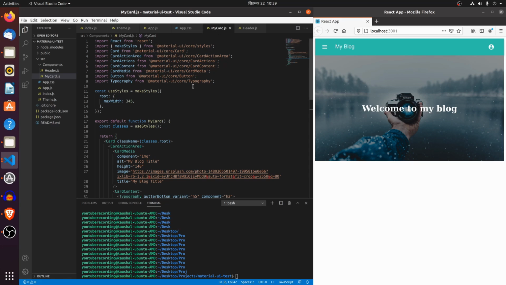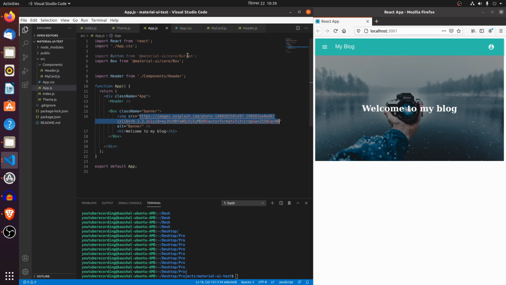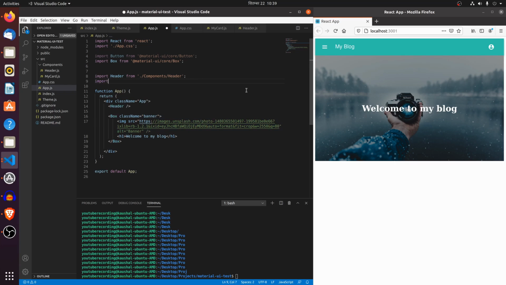So MyCard is somewhat set up. So we have some kind of styles where you can use inline styles to override some of the components' properties here as well. So in our App, let's import MyCard from components/MyCard. Okay,